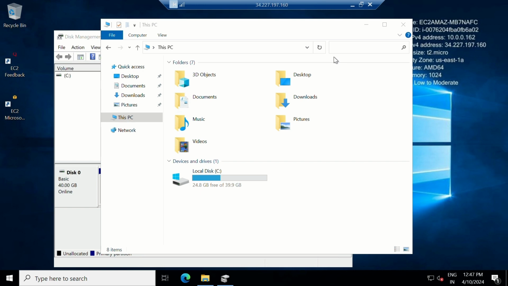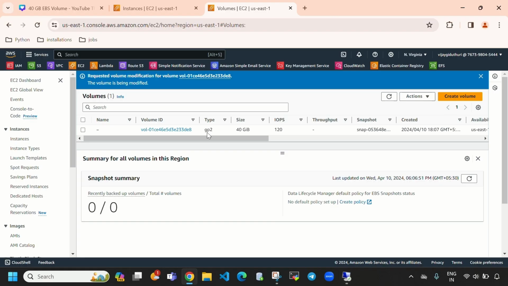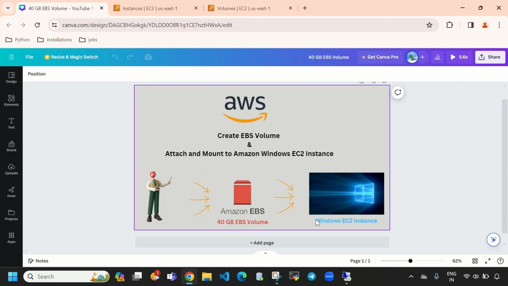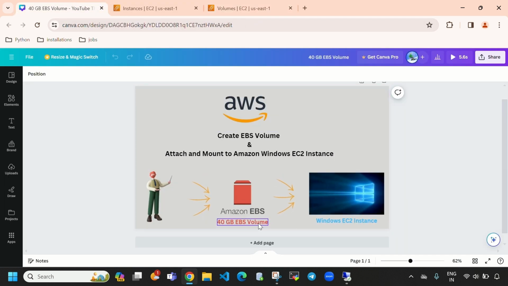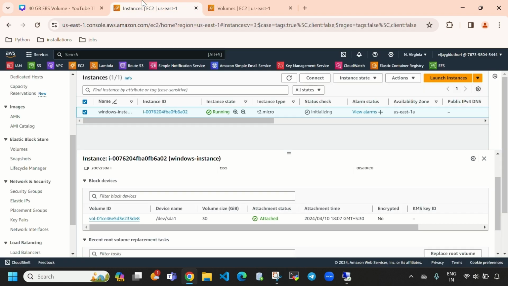So now let's do one thing, guys. Let's create an EBS volume, and I will show you in a diagram. Same like this. Let's create an EBS volume with 40 GB or 50 GB. It may be anything. Let's create an EBS volume, and let's attach the EBS volume to our Windows EC2 instance, and let's mount the EBS volume to our Windows EC2 instance. So to do that, directly come here,